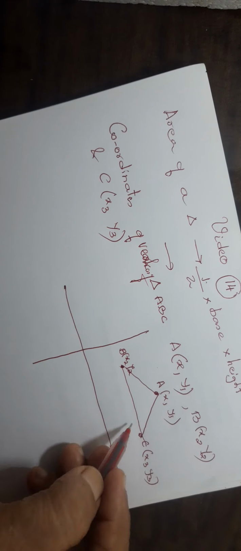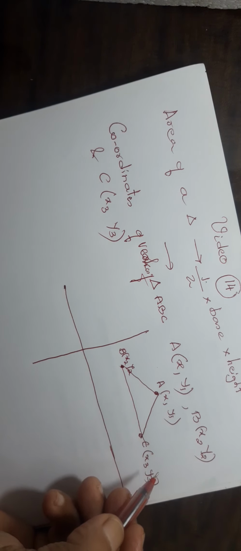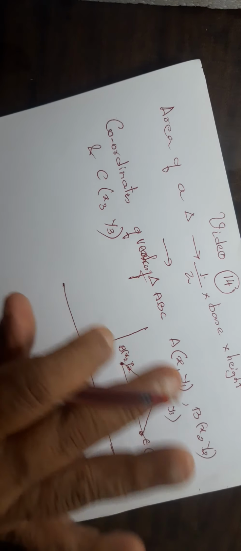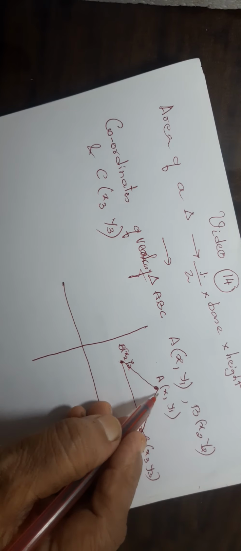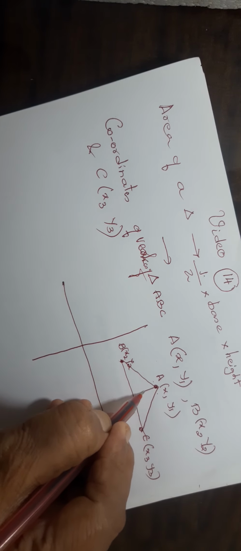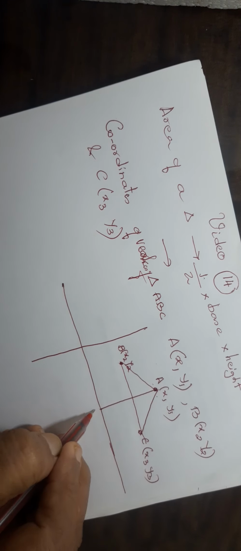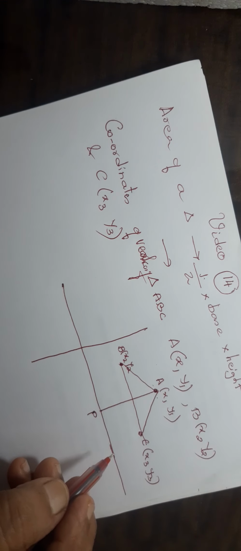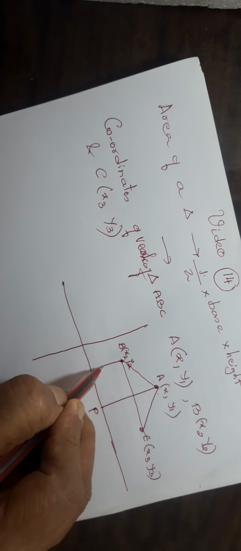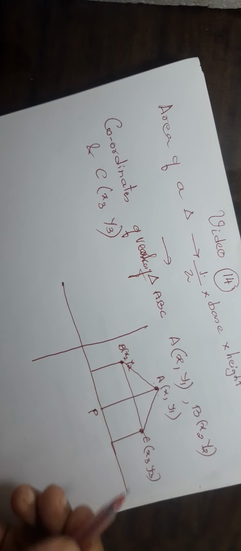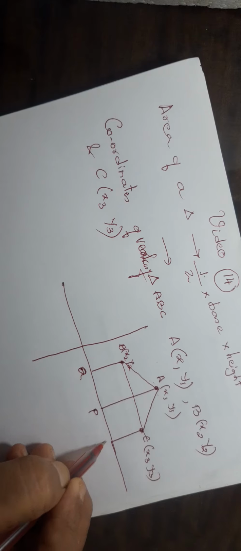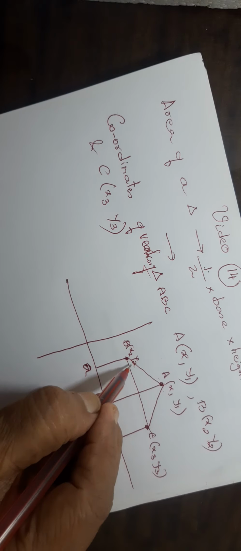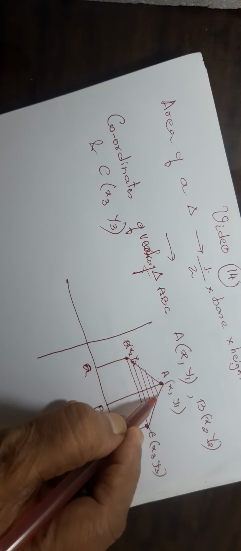Now if you want to find the area of this triangle, there are some steps for this, but we are not going to do all those things. I'll just explain, that's all. When A is x1 y1, you are going to drop a perpendicular. We draw perpendiculars from A, B, C in order to denote those coordinates and distances. When we see it, then it will be easy. So we are going to draw perpendiculars AP, BQ and CR.